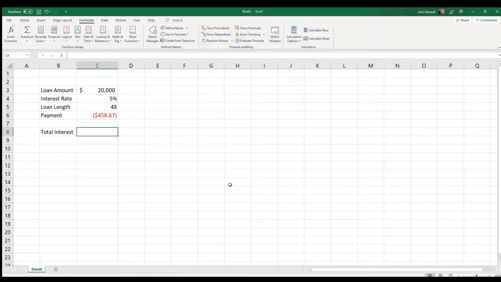So now total interest is going to be, if you multiply your payment times the number of payments, you get 22,000. I'm going to make it a negative number, so it comes out positive. And then what you would do is subtract that from your total loan amount. So your total interest payment would be $2,000 over a 4-year loan. Okay, so